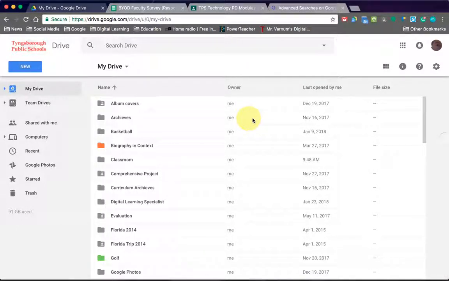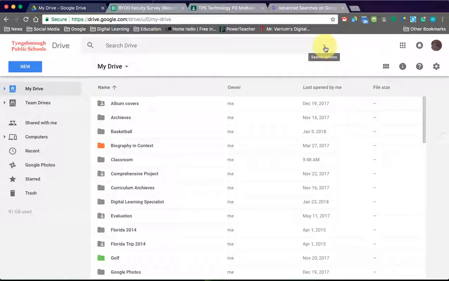So the last thing we want to show you is how to get the most out of the search bar up here on your Google Drive, because eventually you are going to have possibly hundreds of files on your drive, and you're going to need to know an easy way to find individual files. So other than simply typing in the name of the file up here, there's a bunch of ways you can